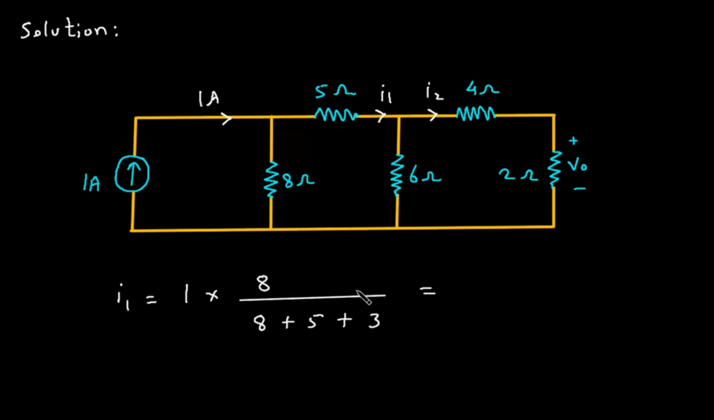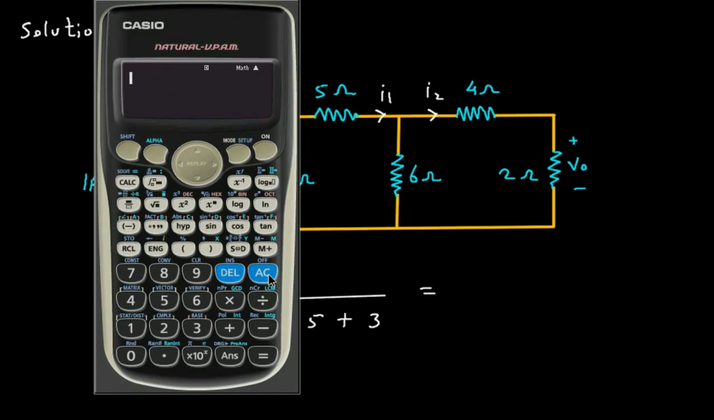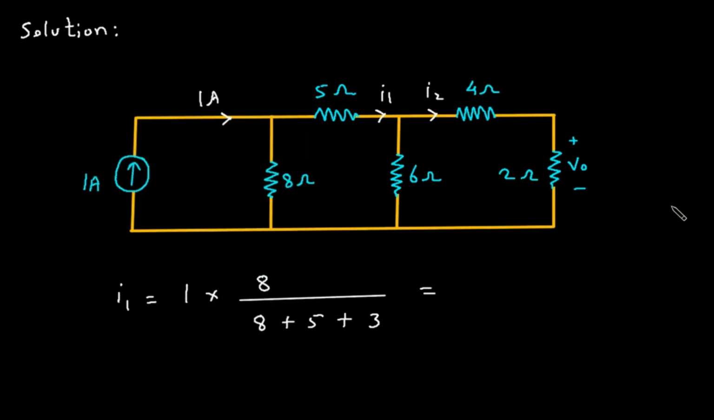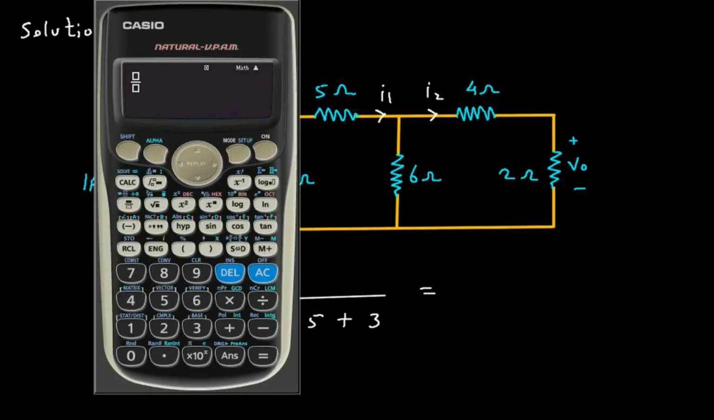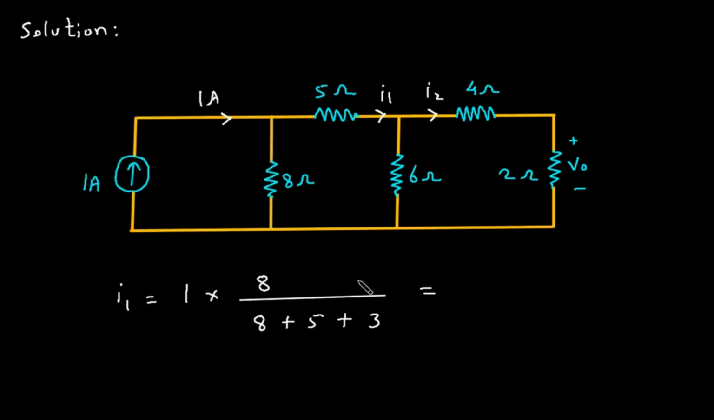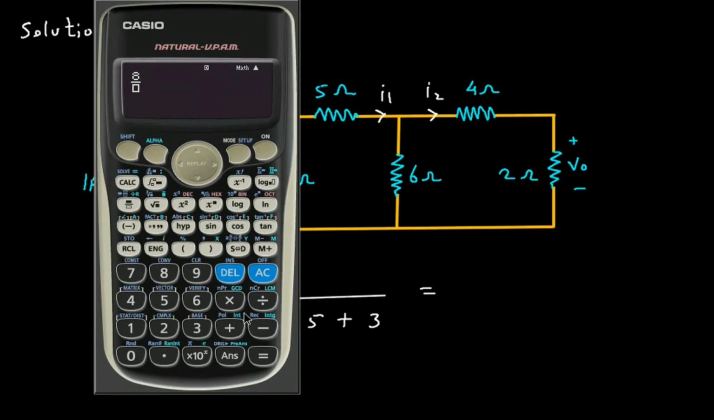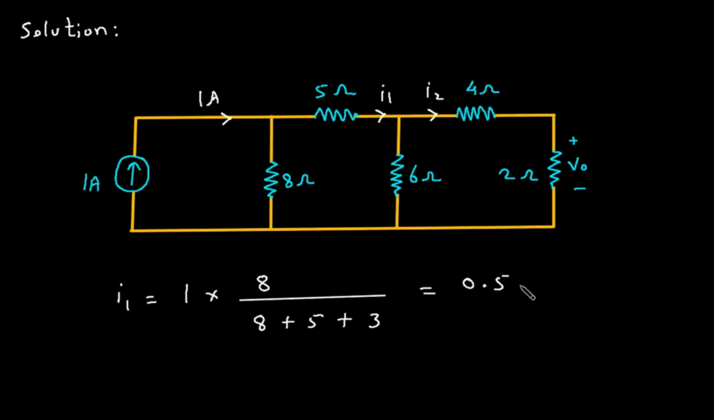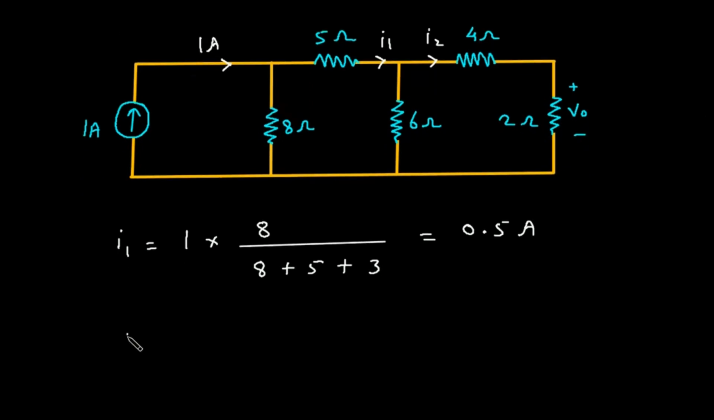So this will be 1 into 8 by 8 plus 5 plus 3. So this is 0.5 ampere. I1 is equal to 0.5 ampere. Now we can find the value of I2. So I2 is equal to,